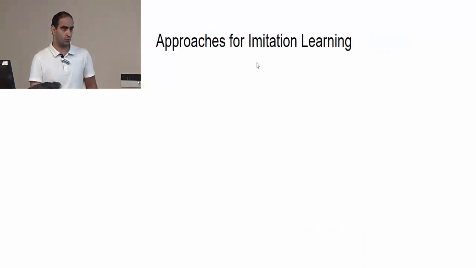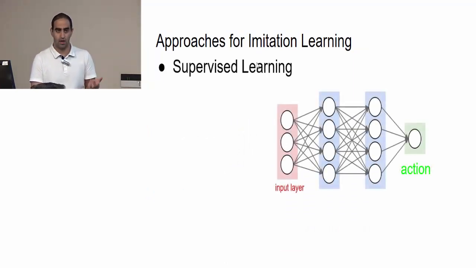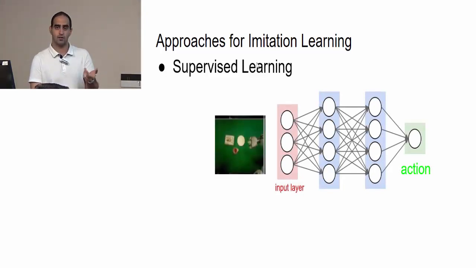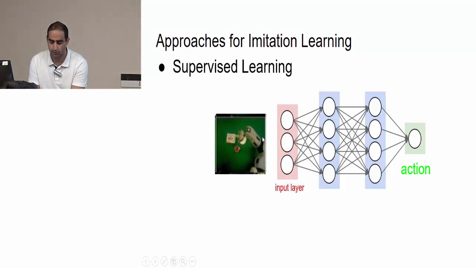There are some approaches to solve imitation learning. The simplest one is supervised learning. We have just a neural network which takes the current observation and state of the robot as input and then decides on some action. For example, push the hand to the left a little. Then we apply that action on the robot's arm and again give this new state to the neural network, and it gives us another action until the task is performed.